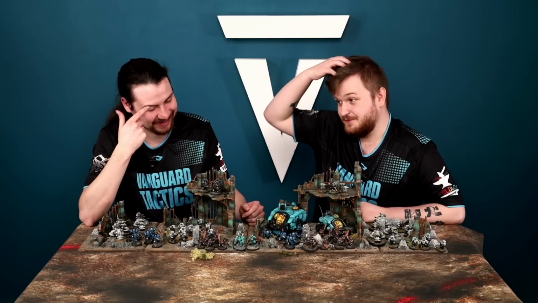If there's a judgment token on them, it's sustained hits 2. So every 6 to hit is 2 additional hits, so essentially each 6 is 3 hits. Pretty strong. And again, minimum, because they'll have a judgment token on them, you'll get